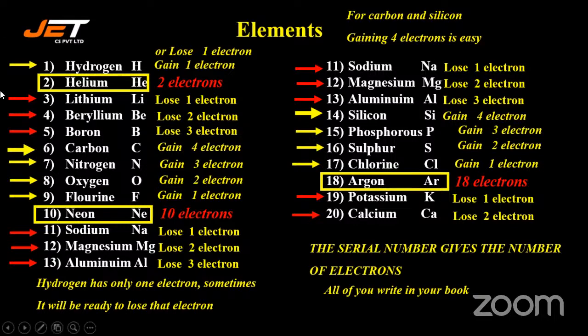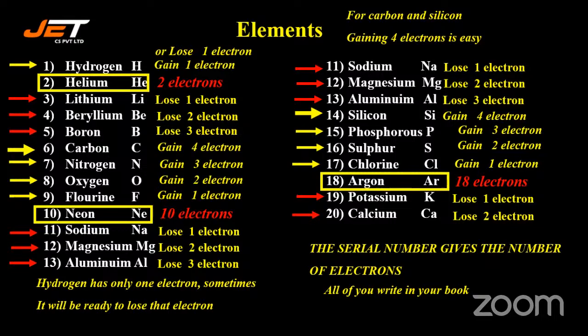That should be the answer. Hydrogen has only one electron in its outermost shell. This single electron is relatively far from the nucleus and experiences a weaker electrostatic force of attraction compared to the electrons in the inner shell. So it is easier for hydrogen to lose this electron and attain a stable electronic configuration with zero electrons. If hydrogen gains one electron, it can still achieve a stable electronic configuration with two electrons,